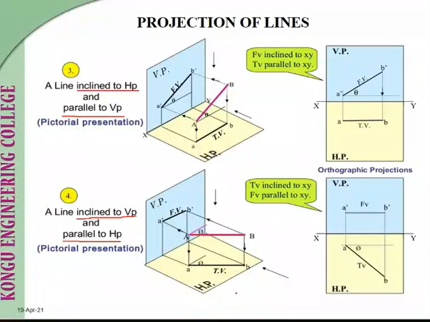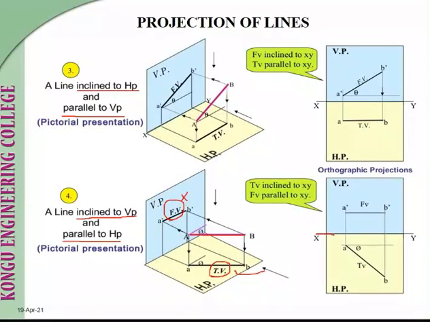So in this problem, you can see the true length only in the top view. You can't create a line in the front view with a true length. So what is meant by true length? The actual length of the particular line. You can see the true length only in the top view; you can't create a front view initially. This one is our front view, which will be available in the vertical plane, and the top view will be available in the horizontal plane. In this kind of problem, initially you have to create a top view first. Then only you can create a front view.